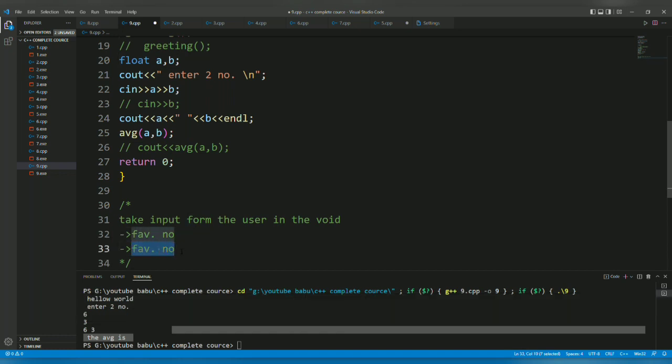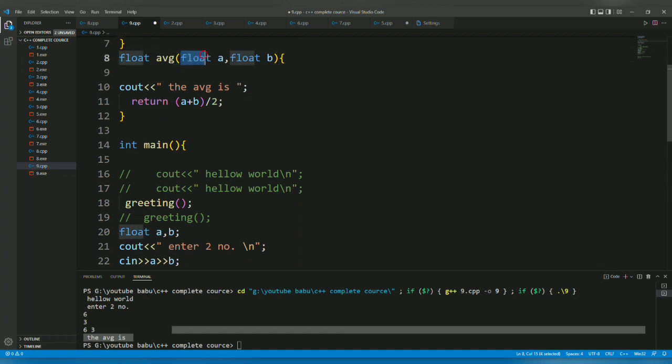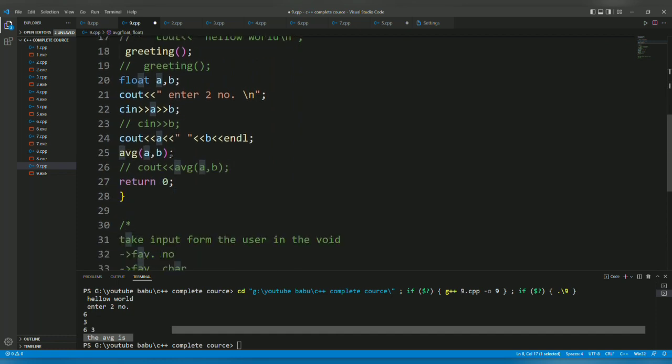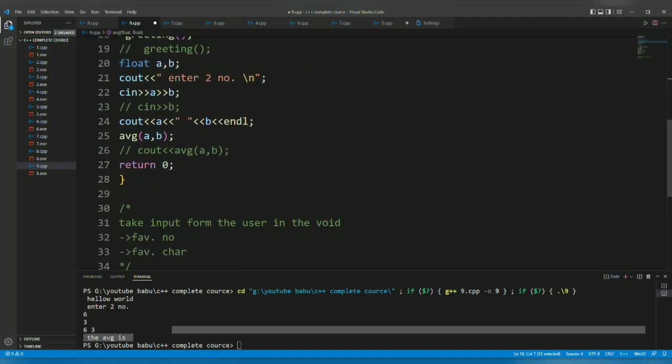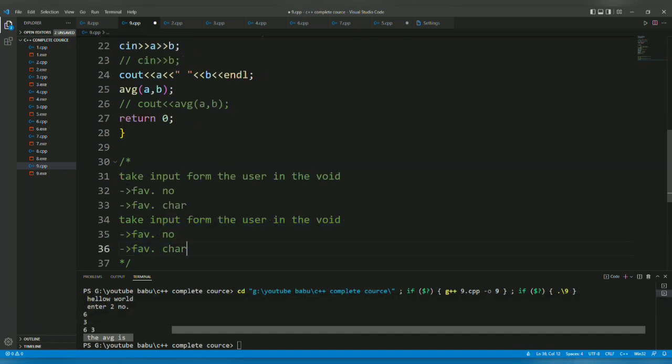Now you can take a favorite character. You just need to type any char, and you have to type any C or whatever char you have created, like char C, char D, and you have to take the input in the character with the help of C++, and you have to pass this here. This is the first question, and the second question is